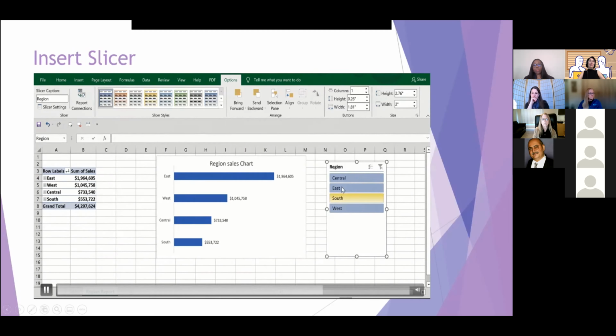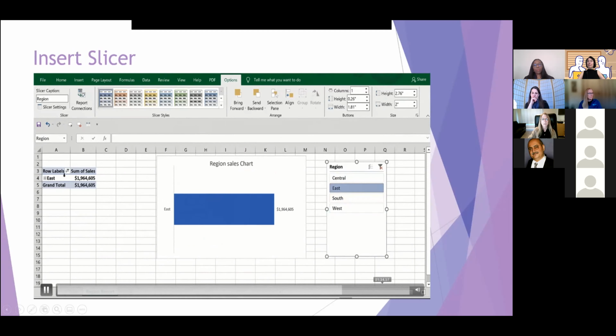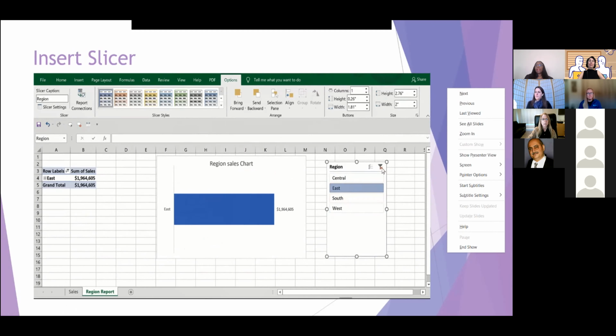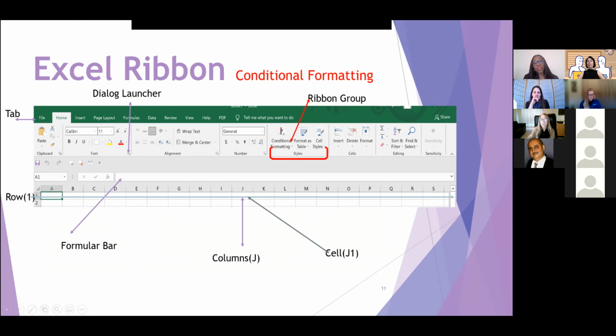Okay, I don't want to see everything. I want to see only the ones from the east. Okay, and so the sum of that is that, and if there is any other component, it also displays. So that is the slicer option in Excel for us. All right. Let me stop there and also say that a lot of dashboards actually can come up using the slicer. We didn't have so much time, and we had to do so many other things, and so we're going to go on straight to the